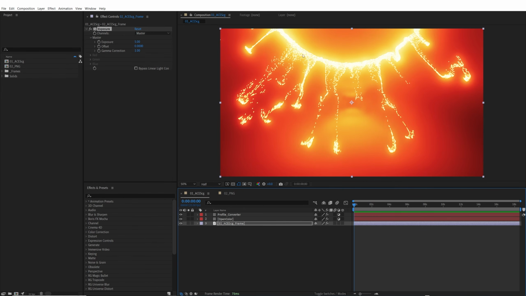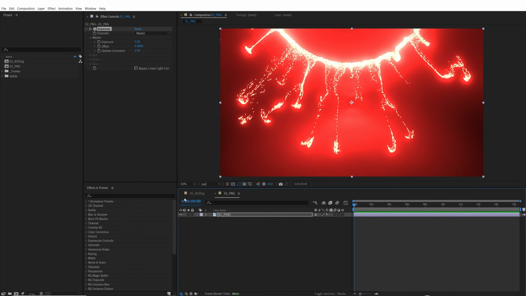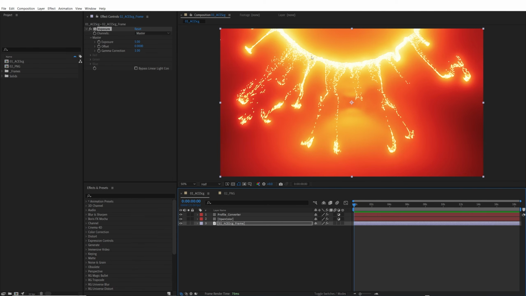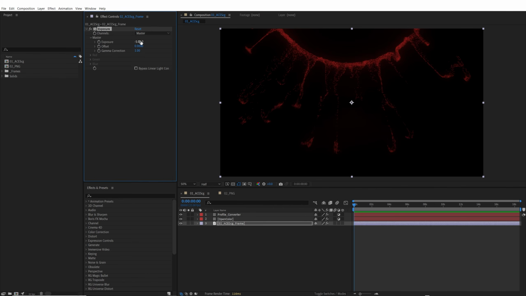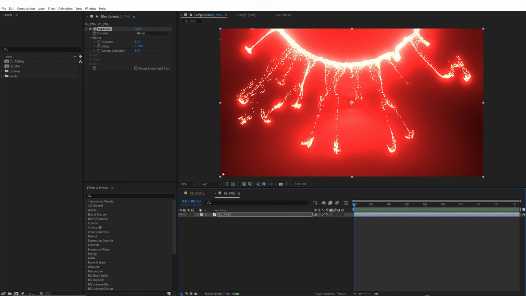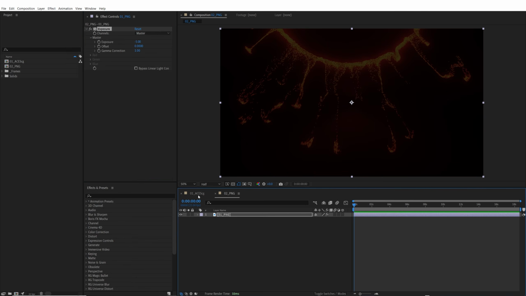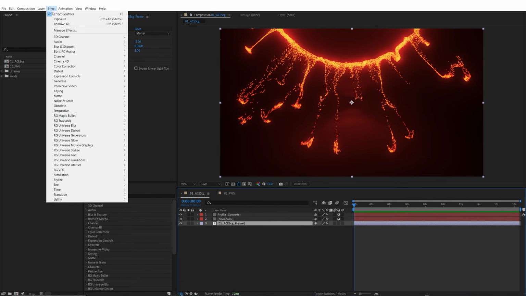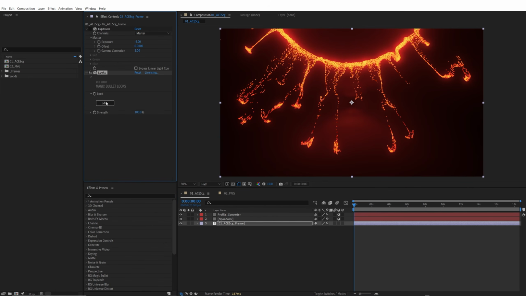Here we have more cinematic and realistic glows, but in PNG you cannot have the quality of the glow that you have here in ACEScg. Now let's bring exposure from 5 to -5, and let's copy this and bring it here. You can see the difference here also. And when you add effects and also Magic Bullet Looks,